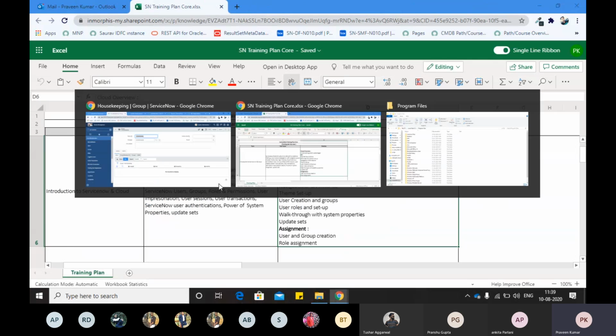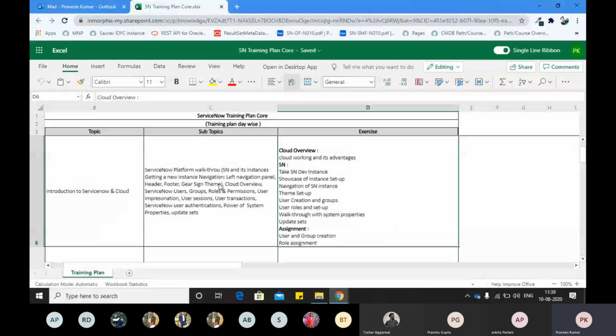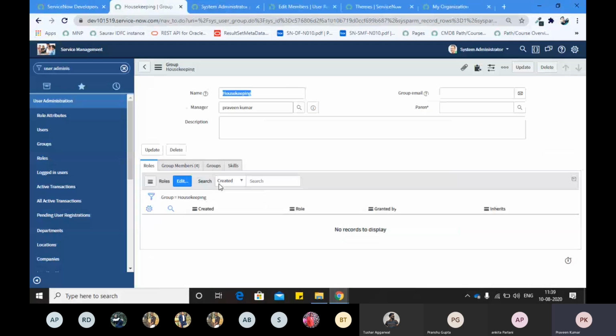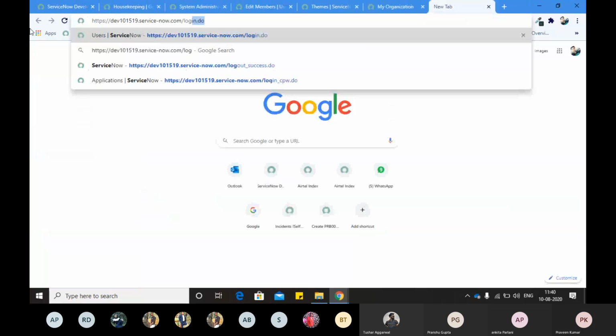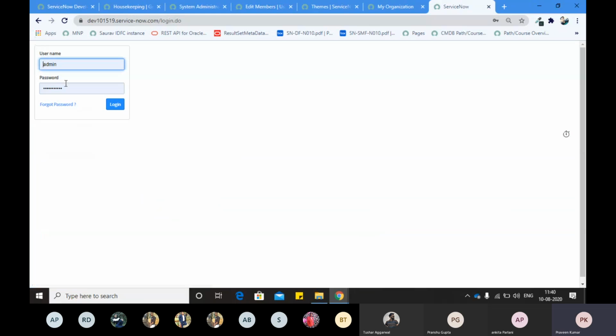Now ServiceNow user authentication. In any application, whenever you develop an application, you will have a main thing: how users are authenticated. So in ServiceNow, you are seeing that right now I am authenticated with my basic username and password, right? Whenever I'm accessing my instance, I'm seeing this screen. So this is a basic authentication. I need to have a username, I need to have a password, and it will authenticate me, right?